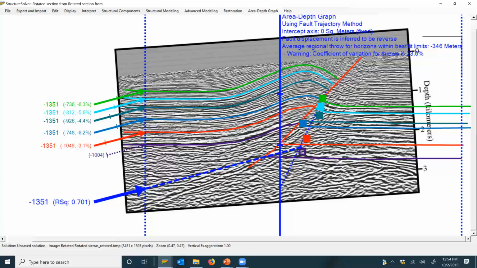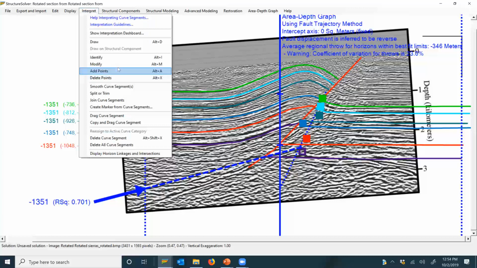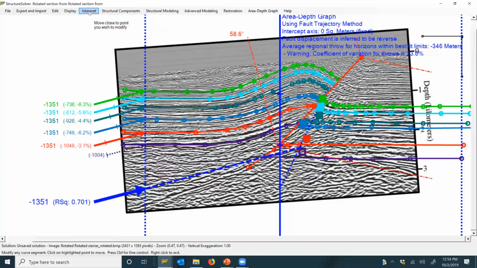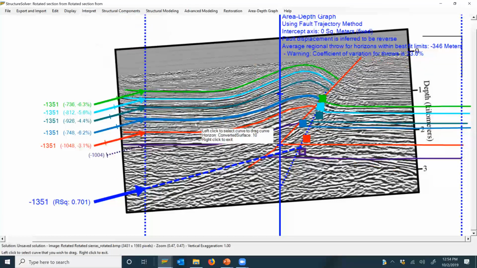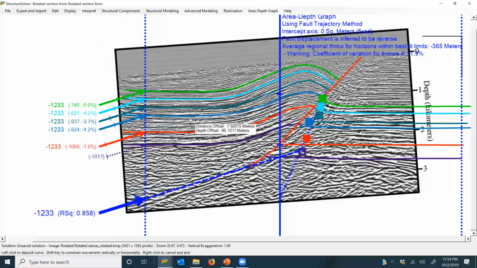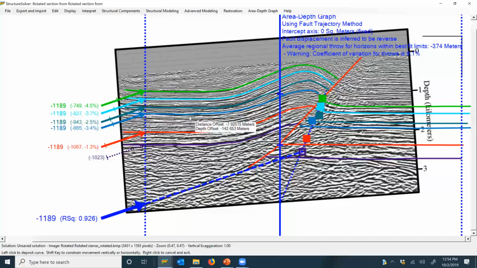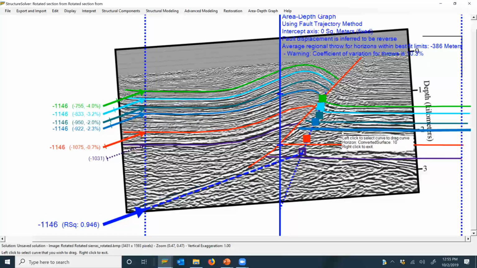So then your options are to either change the horizon, sorry, I'll drag the horizon, or change the hanging wall position. You'll notice that we've changed the interpretation a lot, but now we've got a consistent, at least in terms of the fold area, the horizon. This blue horizon is now more consistent. It's obviously not perfect still, but you can modify it. So now effectively we've picked a new horizon for that level by bringing it in line with the rest,